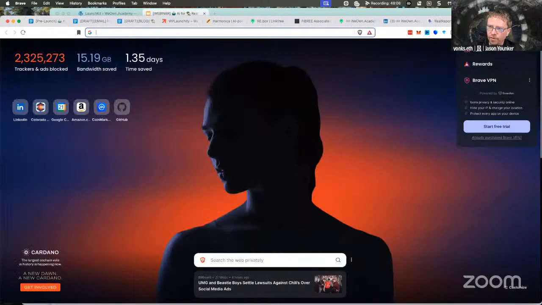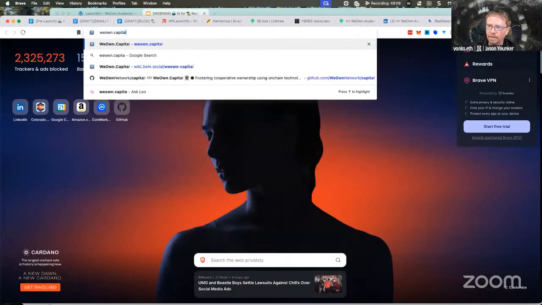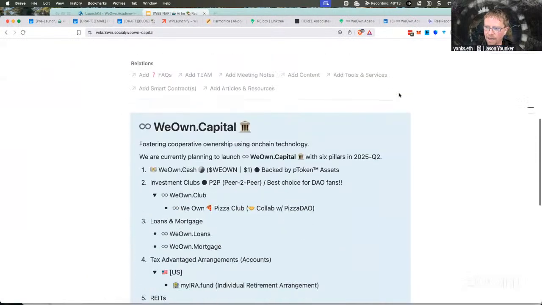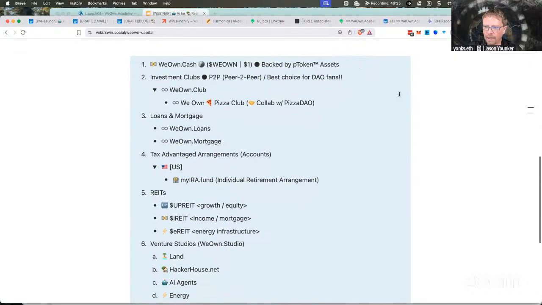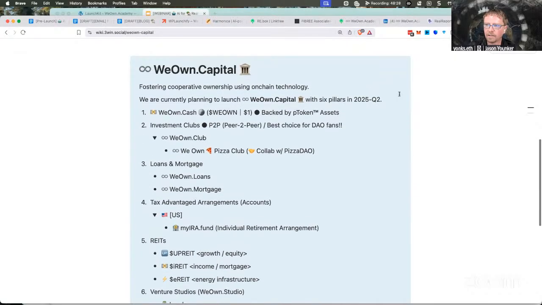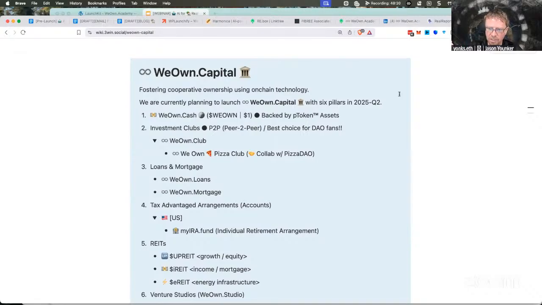Talking about a portfolio, WeOwn.Capital is our 6 pillars that we're creating to capitalize real estate. And as we have said, we're going to be creating these financial mechanisms in the next 12 to 18 months that will allow us to onboard through various mechanisms 50 to $100 million of capital. And this is why we're being so intentional about bringing AI, because that's the only way we're going to have effective scale. Anyway, I could talk about that all day.